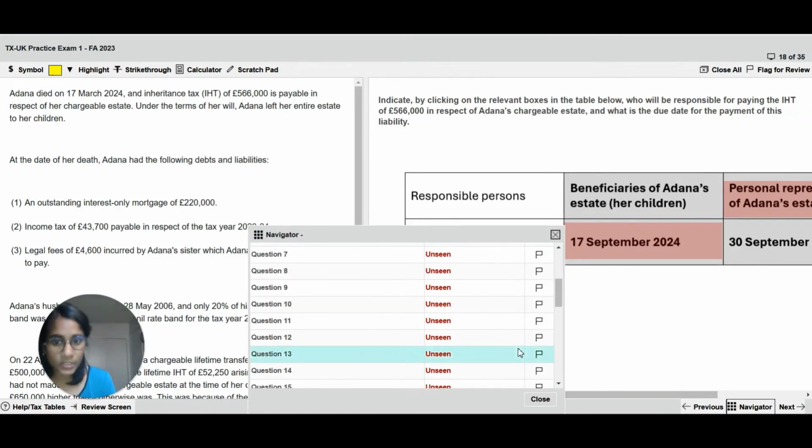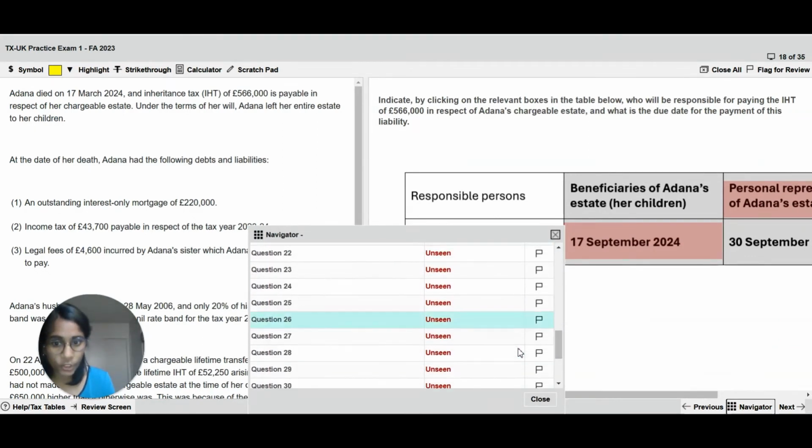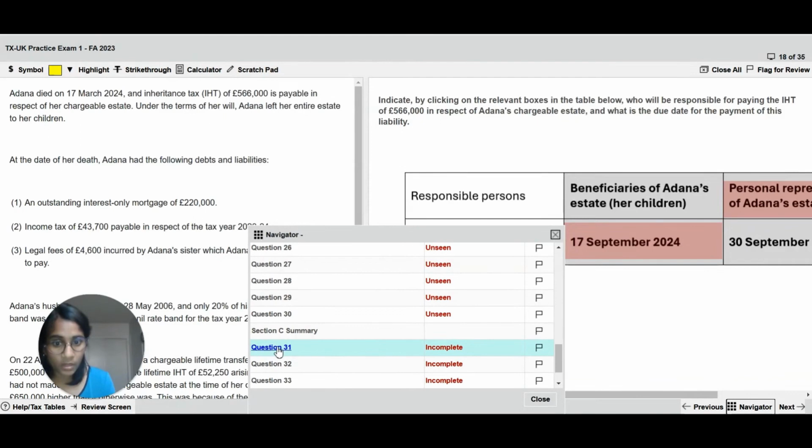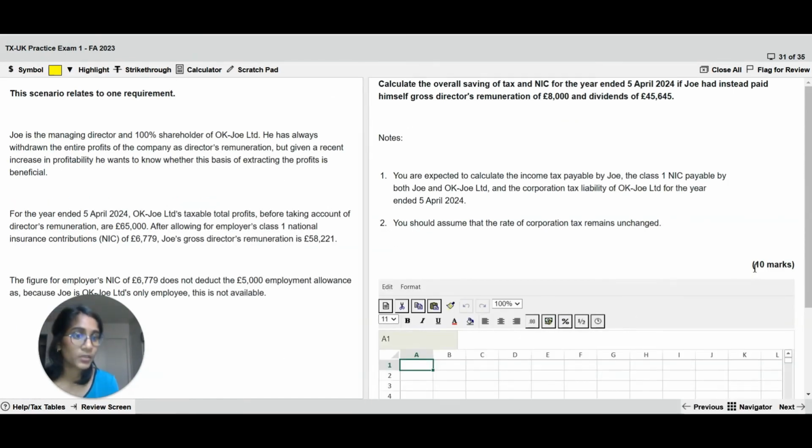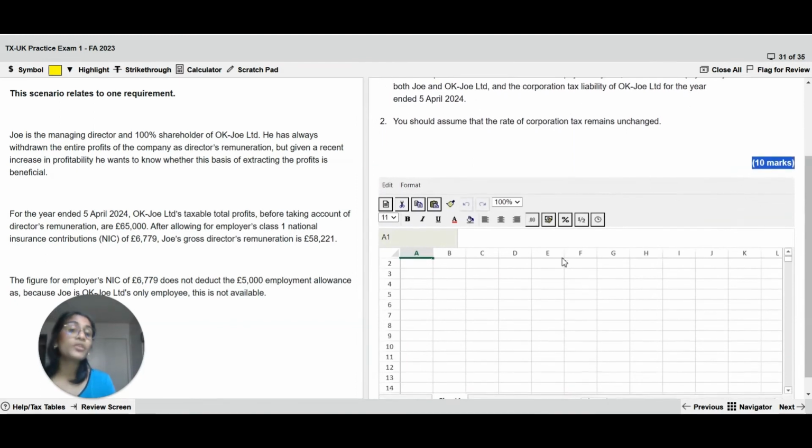So when it comes to section C, like I mentioned, you will have longer questions. So you have a 10-mark question here. It's worth 10 marks. This can be from anywhere in your syllabus. So you read this scenario and now you need to give your answer in the spreadsheet. Now your spreadsheet is very similar to